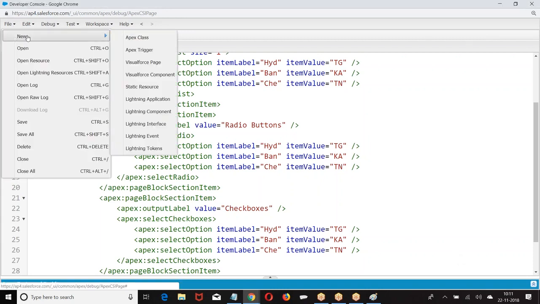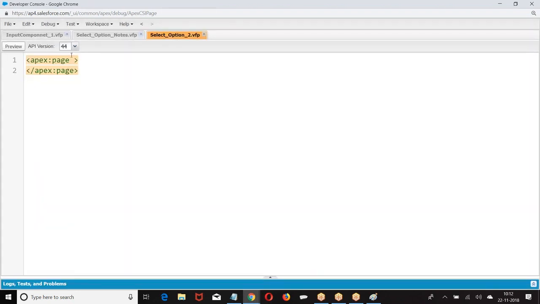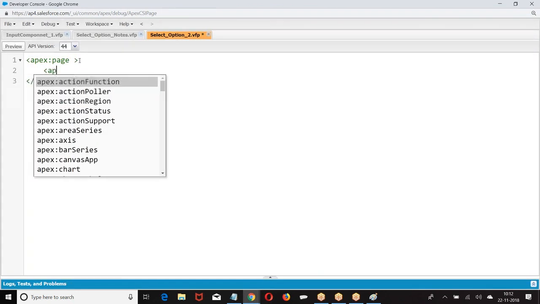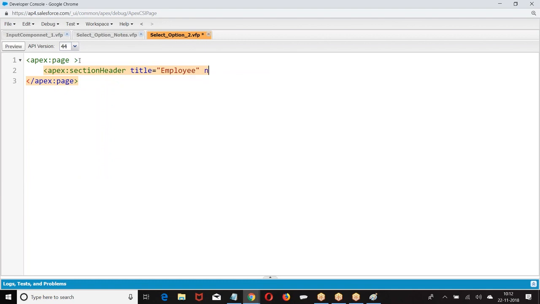Now generate this output. So look at the code. First we are supposed to give the apex section header. Always the section header will be on the top. Employee.